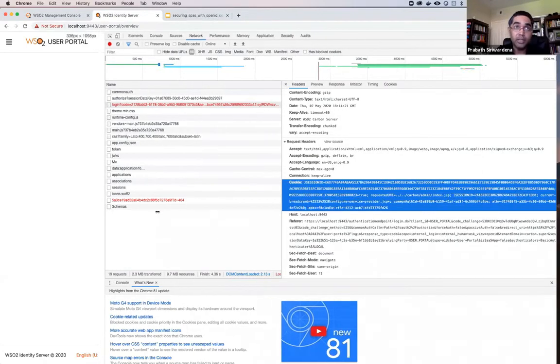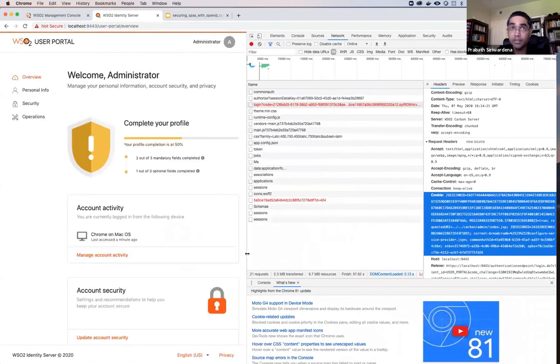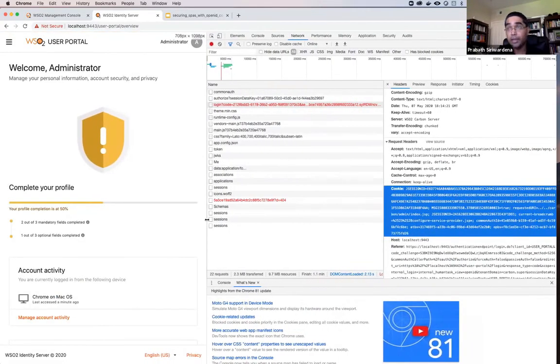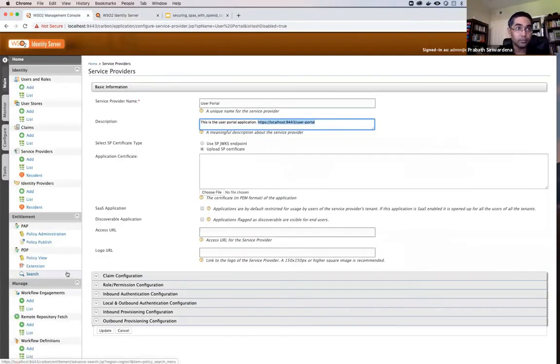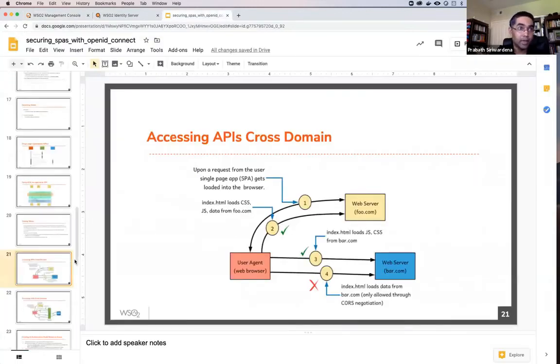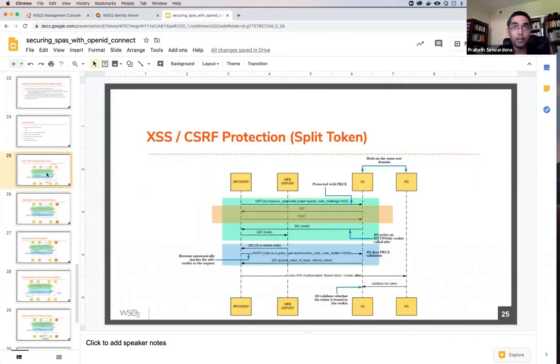One limitation here, in the way our application works, is that you run the user portal under the same domain or a subdomain of the authorization server. That means all the APIs accessed by the user portal are under the same domain of the authorization server. If you look at this diagram, this is the authorization server, and this is a resource server.